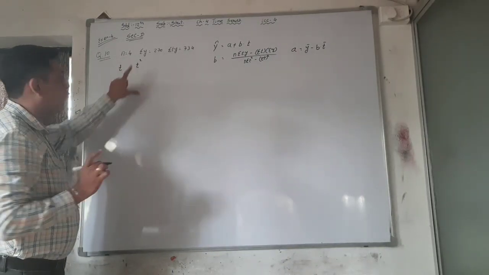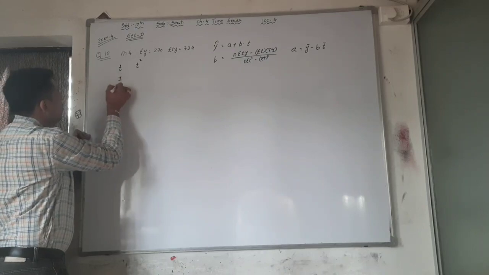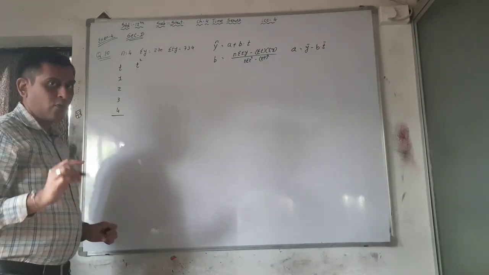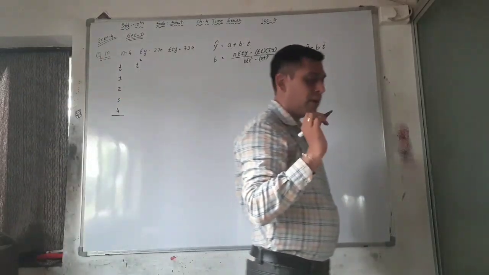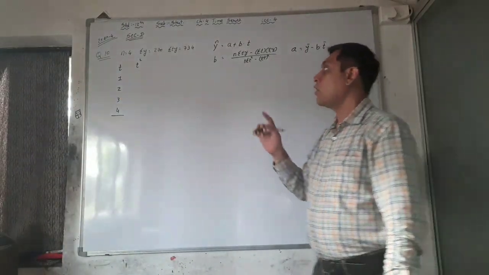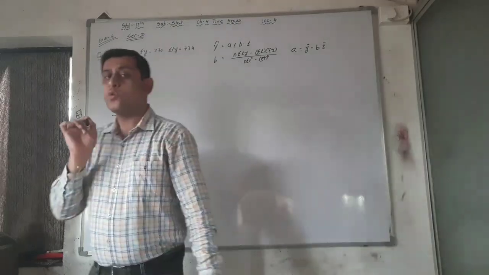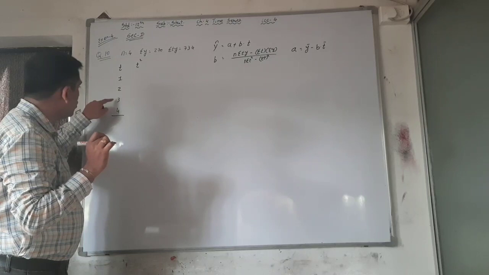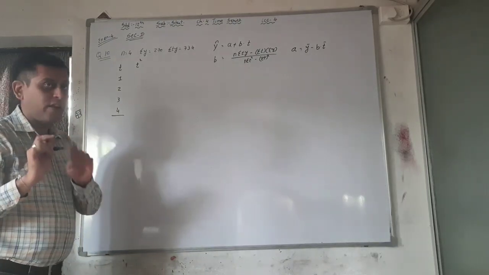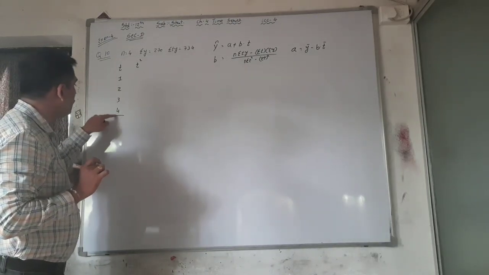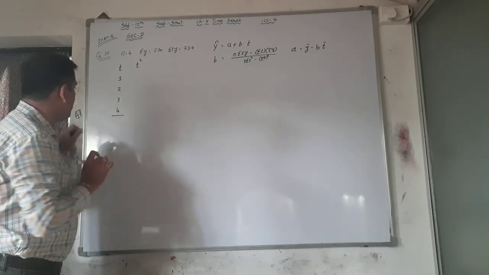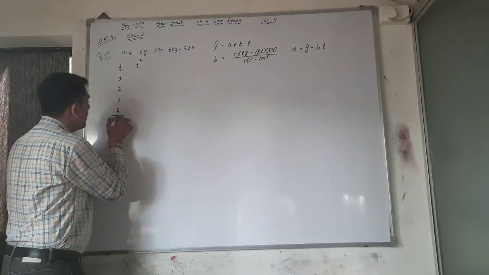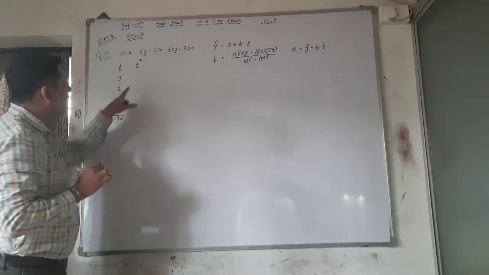Here n is equal to 4, then t is equal to 1, 2, 3 and 4 always. Up to n we have to write. In illustration number 7, I told you that whenever t is not given, you have to write the t column up to n, that is 1, 2, 3, 4. If n is 7, then we have to write 1, 2, 3, 4, 5, 6, 7. Make the total for sigma t. What is the total? Here the total is 10. Now the t square column.